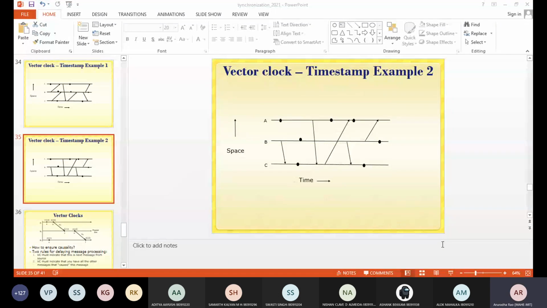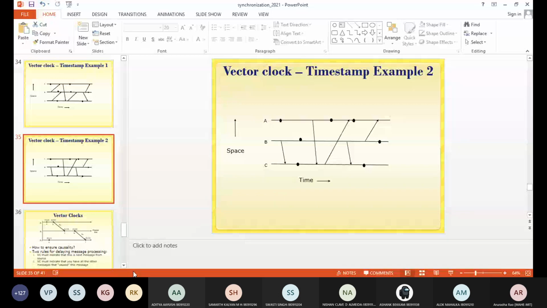So you have taken both the examples. So get the timestamp done, and if you have any doubts, you can clarify.